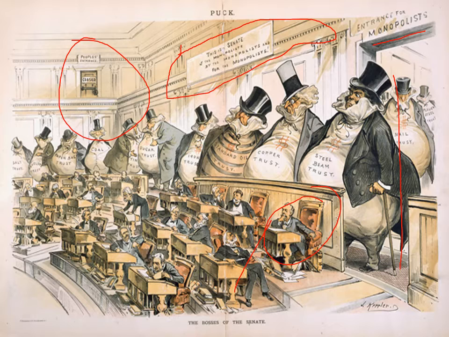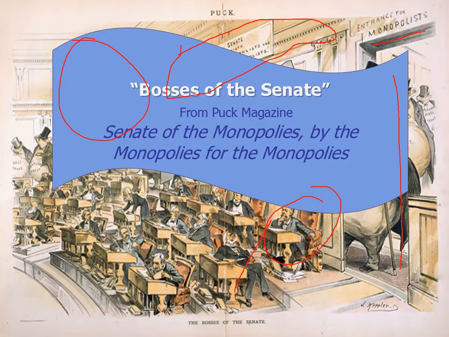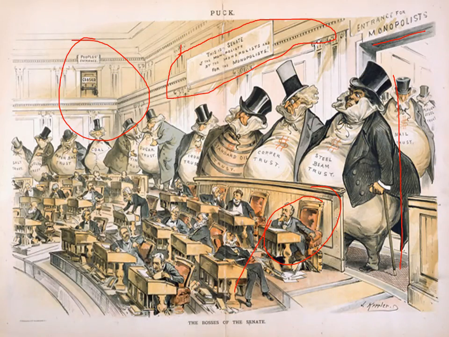In regards to the monopoly, this is a Senate by the monopolists and for the monopolists. And this is a take on Lincoln's words, a government by the people and for the people. So really what Keppler is trying to showcase is that the Senate is being bankrolled or controlled by the monopoly. So really, big business has a monopoly over the Senate, and thus the Senate's not doing its job, which is to help legislate and do what's right for the people.